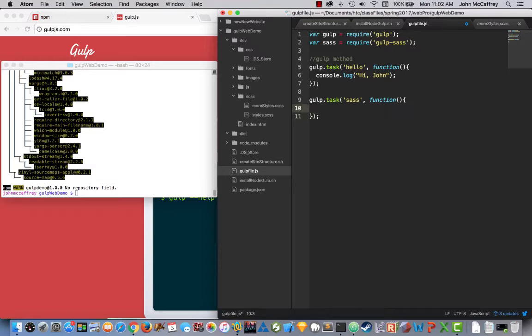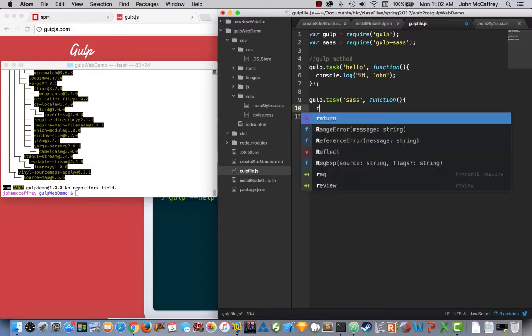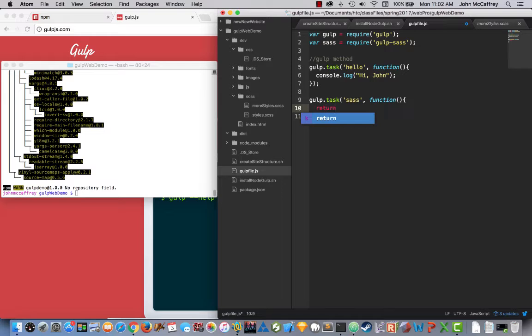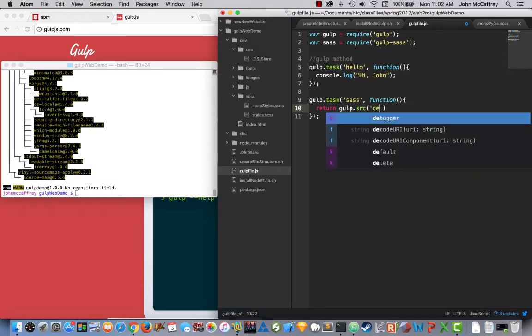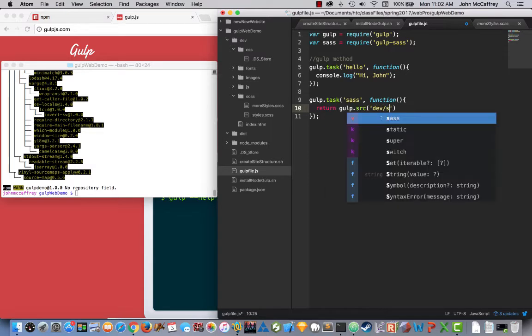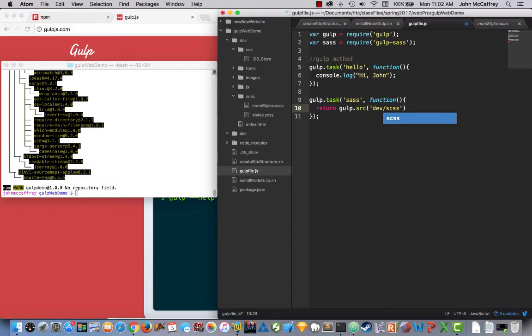And inside of this function, we are going to say return gulp.src. And now the source we'll be pointing to is inside our development folder, inside the SCSS folder. And what we are going to be using here is, well, not X, it's 2 stars /